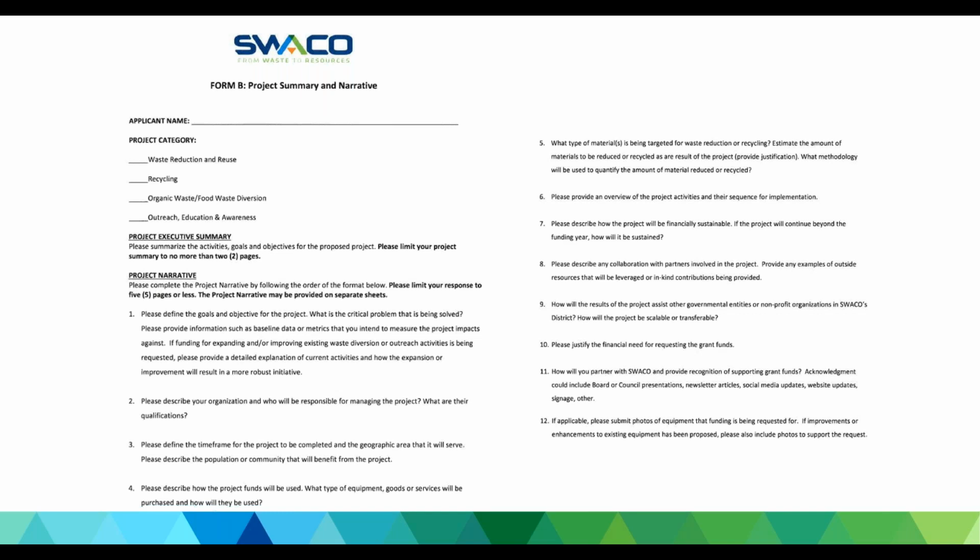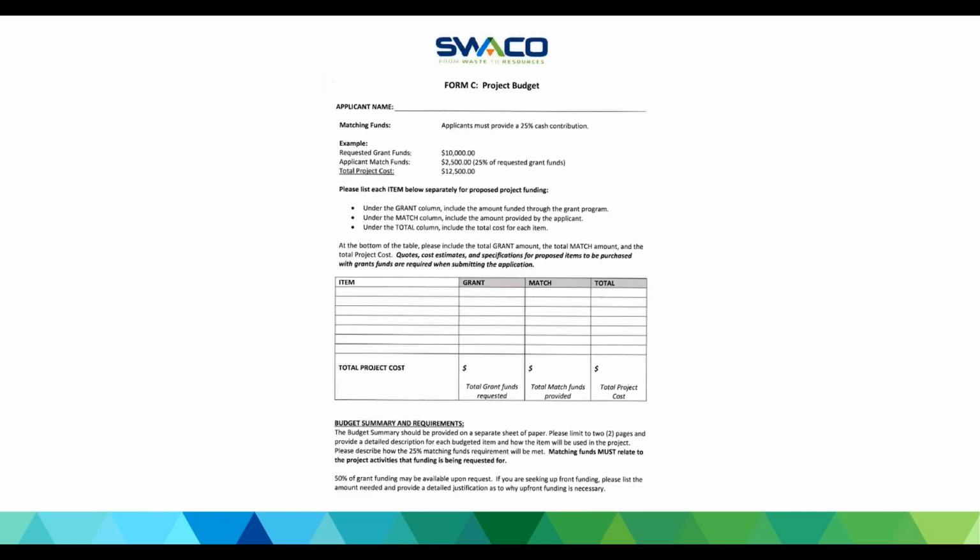Also, ensuring that the project activities are well defined and described, again, in the sequence for implementation is really important. So we're looking for all of these things, and also for the applicant to demonstrate sound fiscal management and provide a realistic budget with a justified need for financial support is pretty critical.